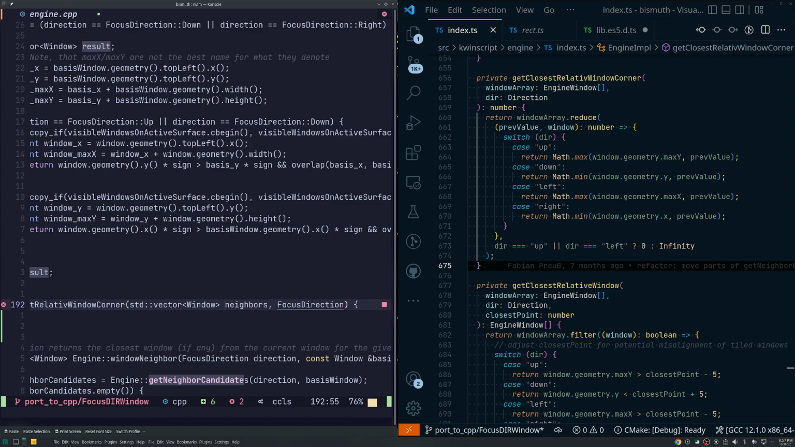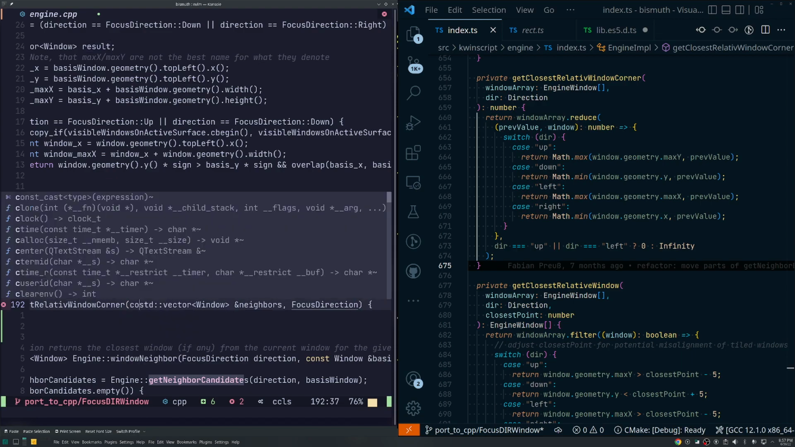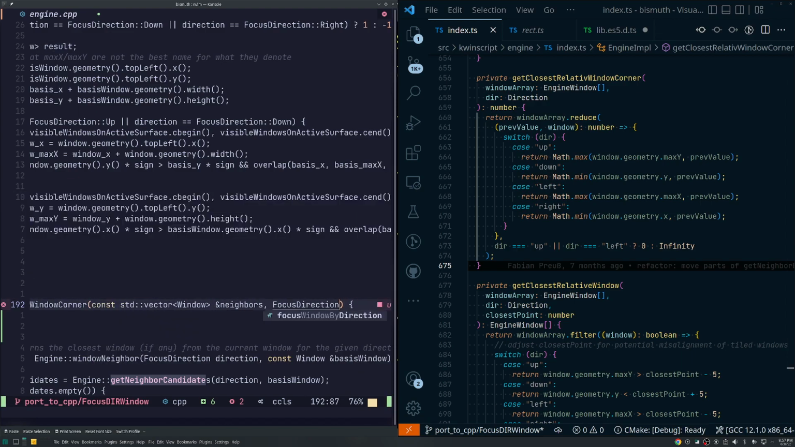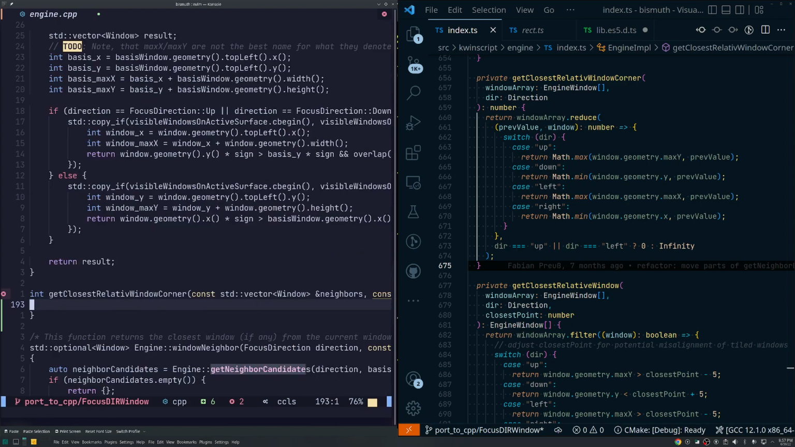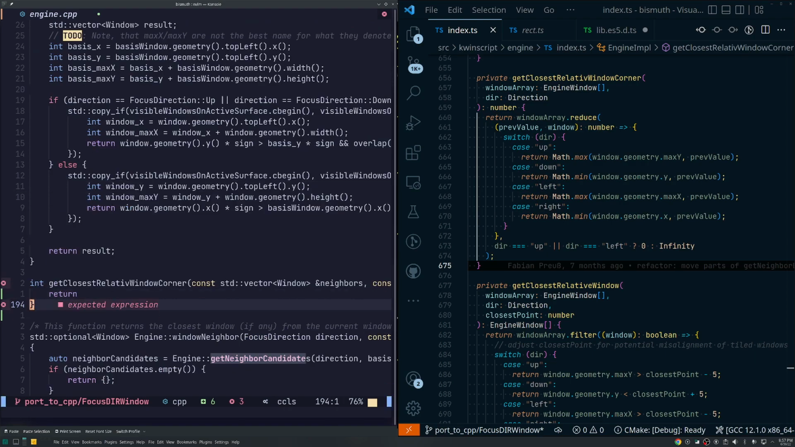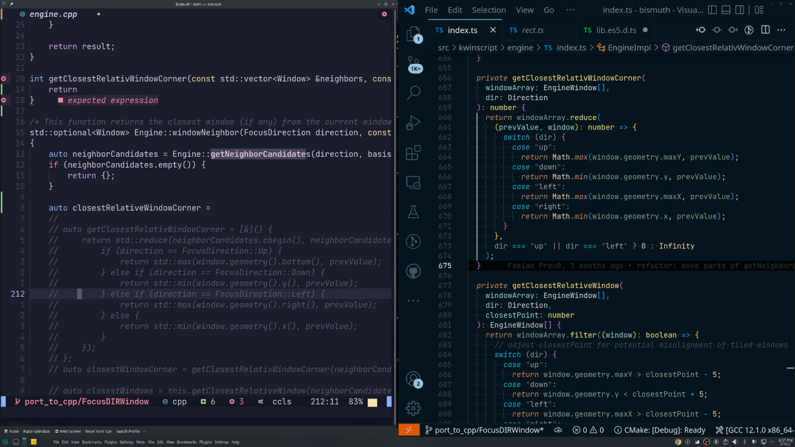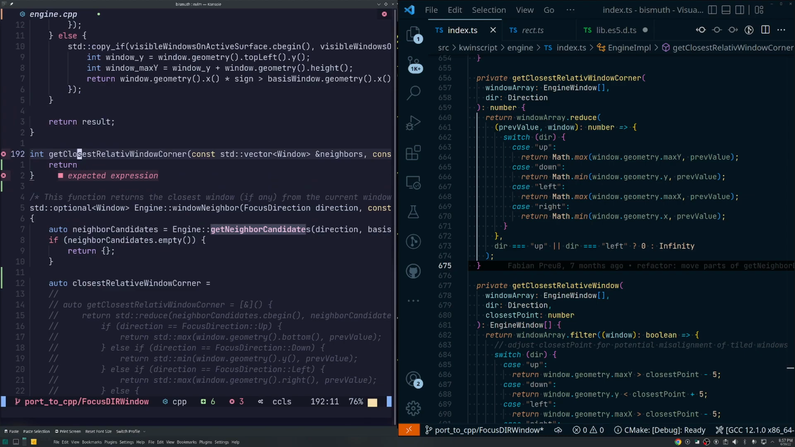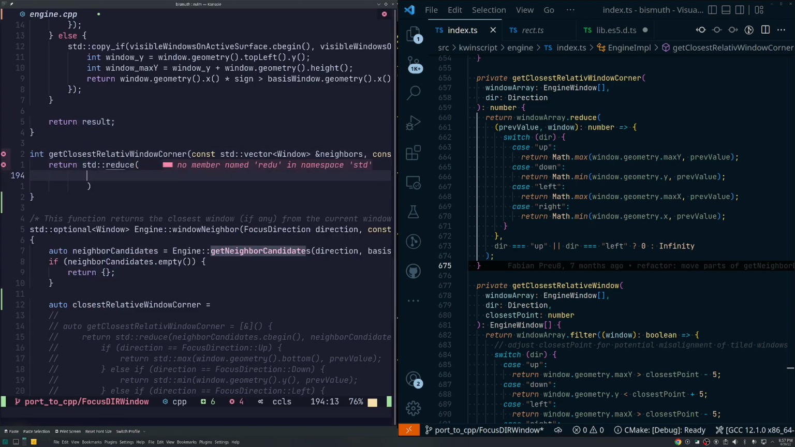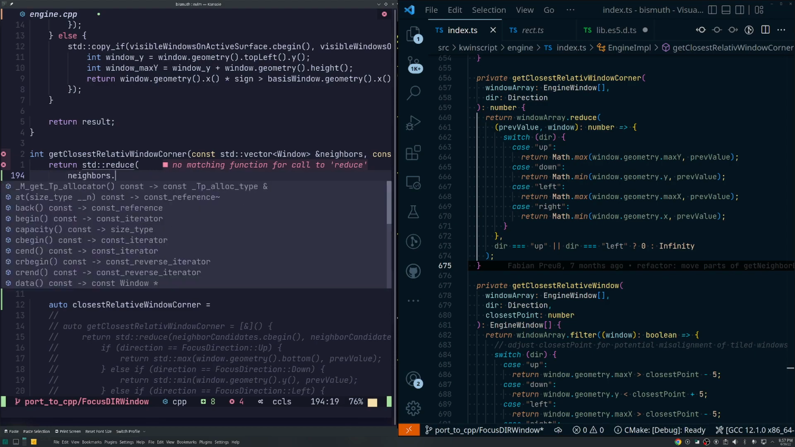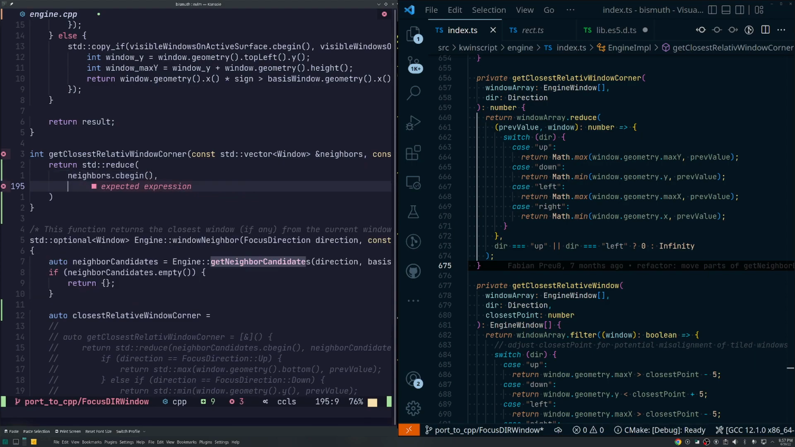I will probably take them as reference, but since I'm not changing anything, I will take this, right? And whatever you get, you return. Now here you will need to iterate, right? So did they use any reduce? Yeah, they did. std::reduce, right? So the first argument was neighbor candidates, so I will just do neighbors dot cbegin, just a constant